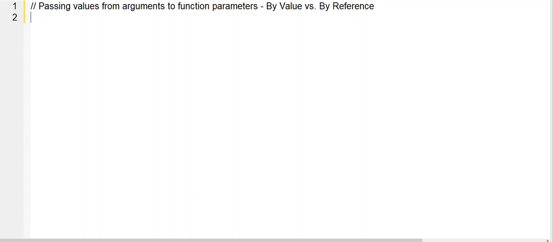So what I'll do is I'll first write a small program which has a function called calc amount. We will write the program like you've written a few times already. You already know about functions, so you write it in the normal way. Then I'll explain what happens when you pass values from arguments to parameters, right? So I'm going to write here a very small program. So I'll include